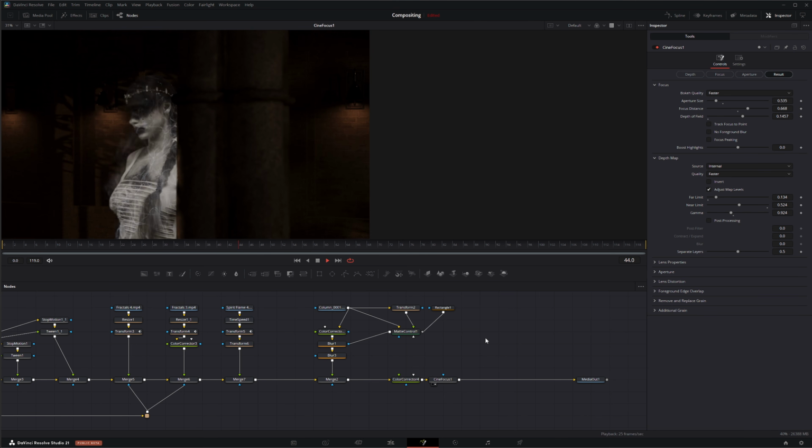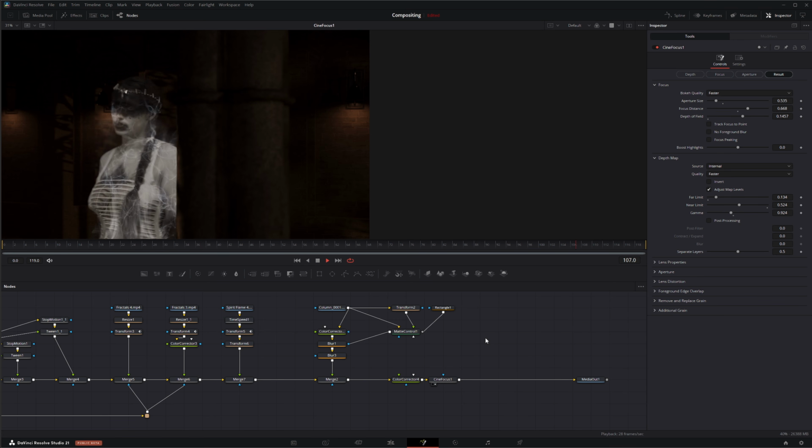But there we go. Let's add a little glitchy ghost using compositing in Fusion. So just be creative, and you can pretty much create whatever you want to create and composite whatever you want to